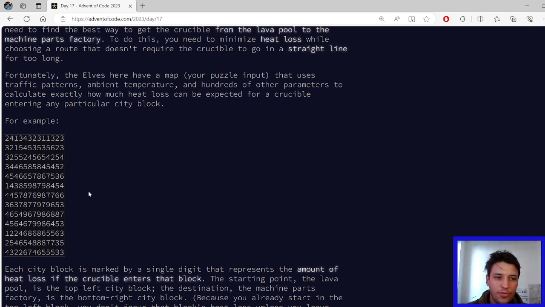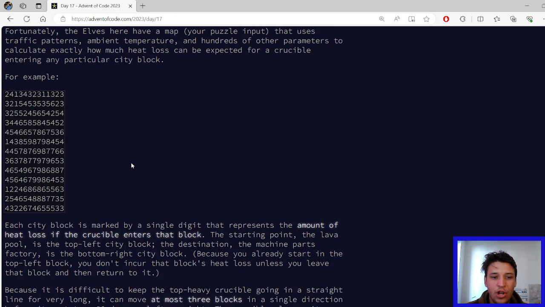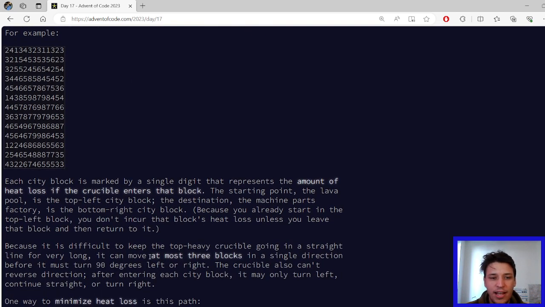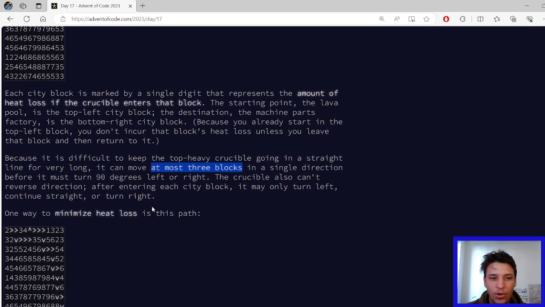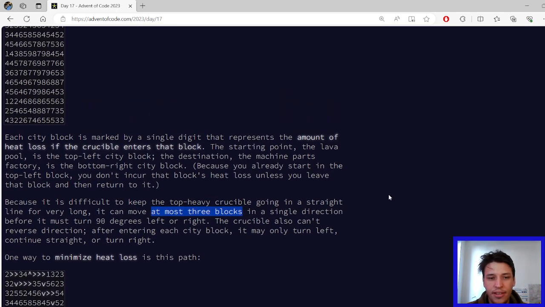However, we cannot just move arbitrarily. There are two things which are not allowed. First, we're not allowed to turn around. So if we enter a position from a particular direction, we cannot go back in the opposite direction. And the second rule is we're not allowed to do more than three moves in the same direction. So we are only allowed to do 1, 2, or 3 moves in the same direction, and then we have